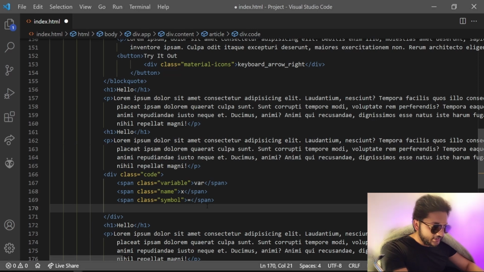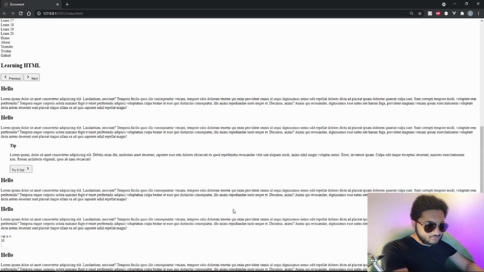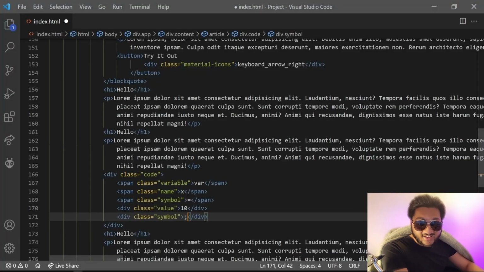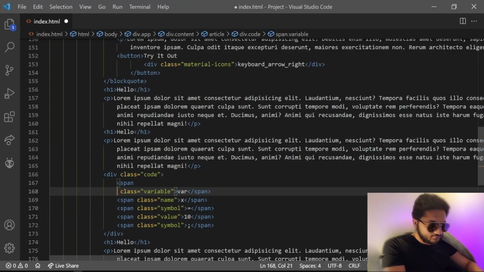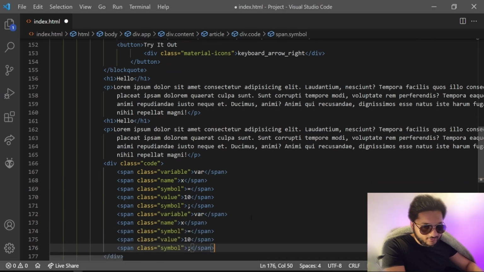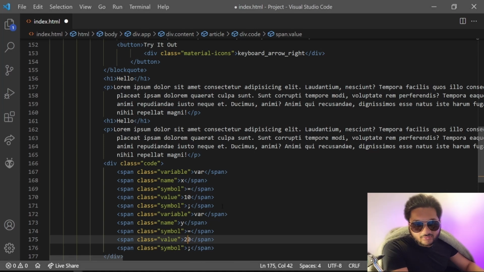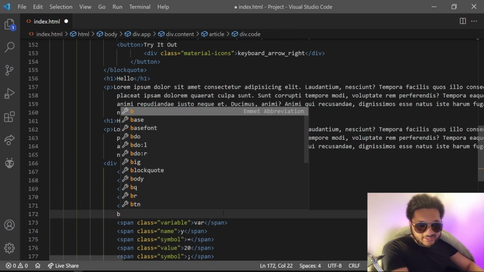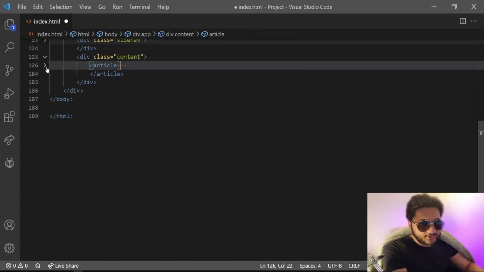Let's do a value and another symbol for the semicolon. So dot value, let's do 10, and then a dot symbol, semicolon. Oh, those are divs again. Okay, let's copy this one more time and change the variable and value if you want to y and something else. And between these two variables, let's put a br so that they're on different lines. And that looks good. That should be enough for the article right now, so I'm going to close that, and